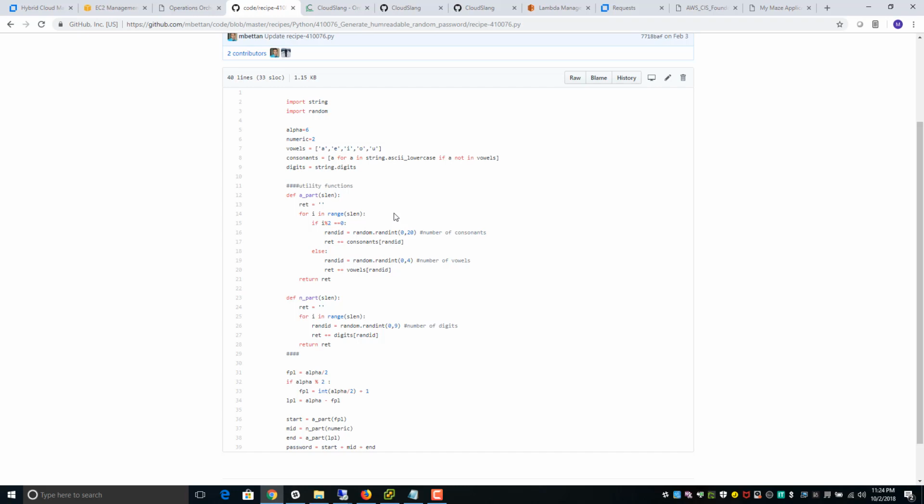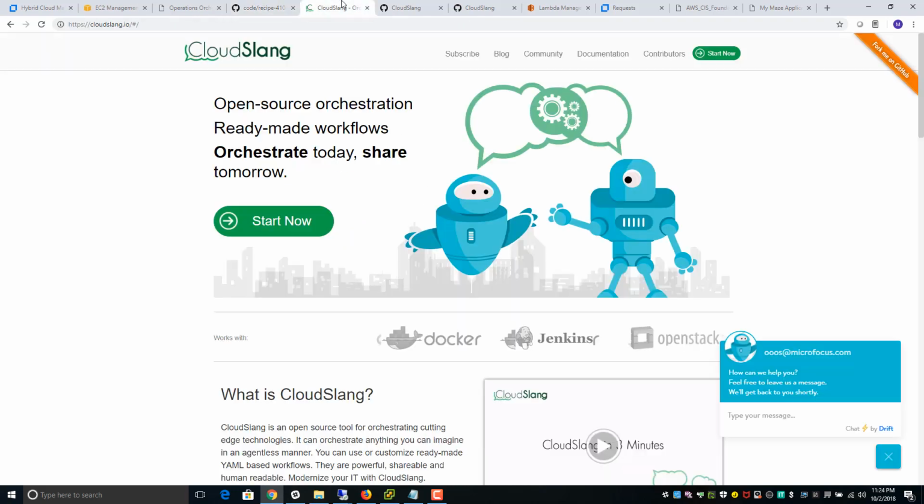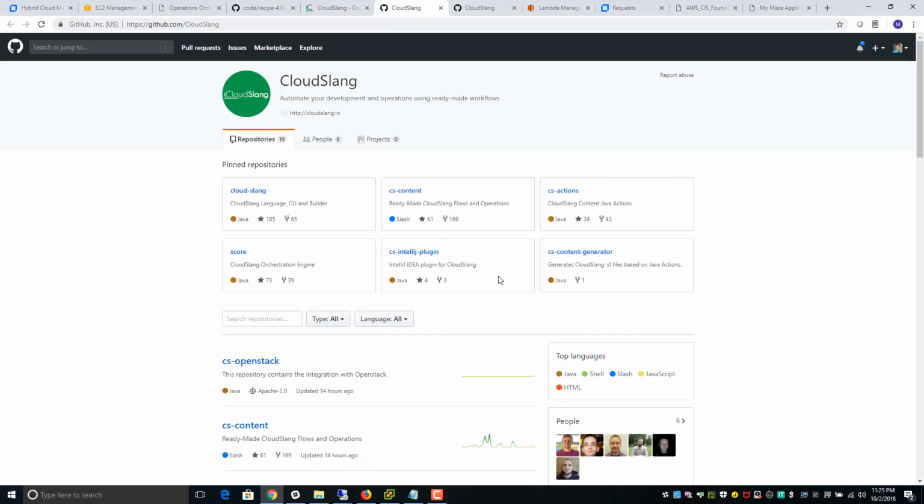A few years ago, we decided to open source the engine of Operation Orchestration. The name of the project is CloudSlang, and a team like the line of business can use CloudSlang as an open source project in order to do Python and YAML orchestration, with orchestration as code instead of using an enterprise core IT tool with orchestration as click. And we can all work together. So they just have to go here, click on Fork me on GitHub,